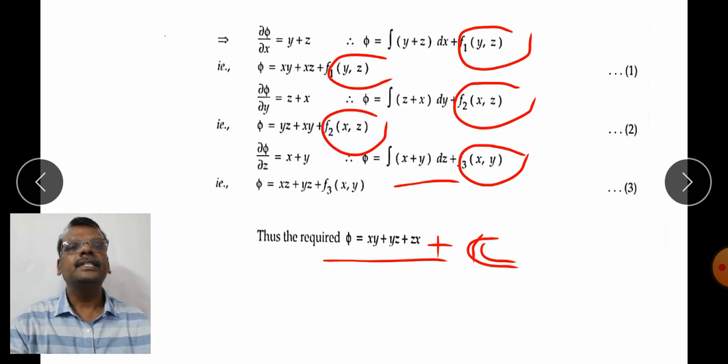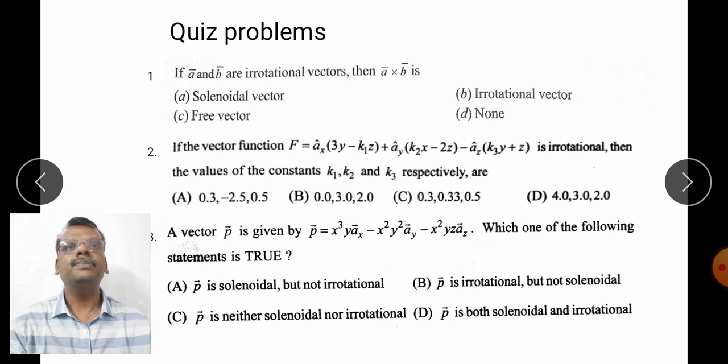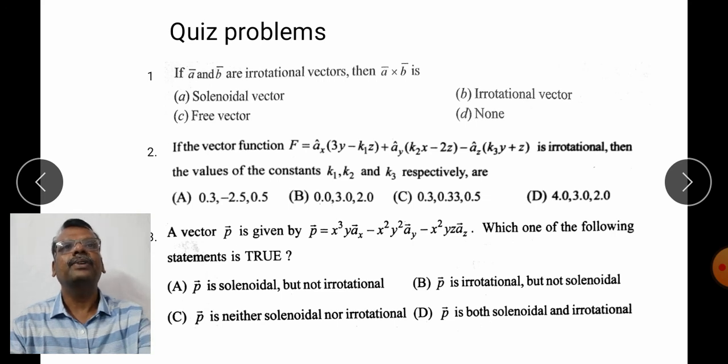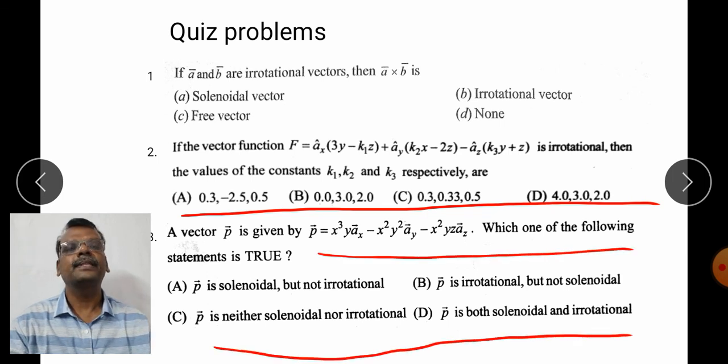Okay. Now, this is the total problems which are related to the scalar potential, and after that we have to do some quiz problems related to the scalar potential. Some of these quiz problems were asked previously, and some are also asked in the GATE examination. For the benefit of the students, I have collected these for the students. These two problems were asked in previous question papers or GATE question papers. These are very simple problems that you have to practice. If you do not find the solutions, you have to ask me directly.